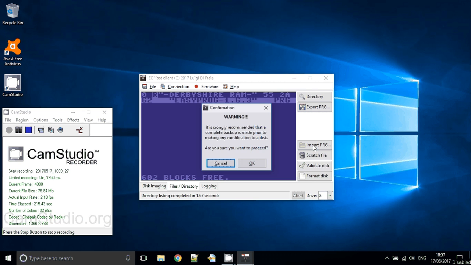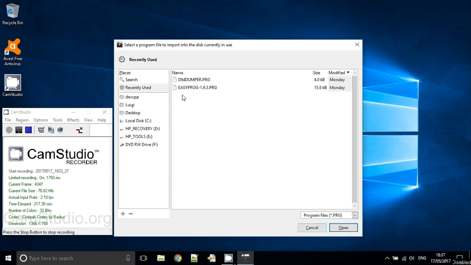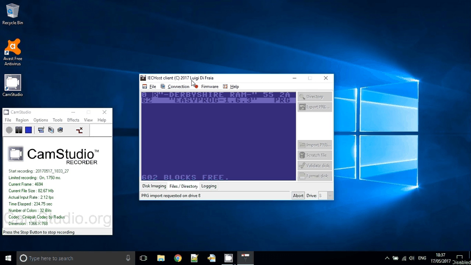And now I'm going to do something that is quite dangerous. I wouldn't recommend anybody doing it, but the idea is that while I'm writing a file to the disk, I will unplug IECHost. As you can see, PRG import failed with a communication error. Now if I replug IECHost